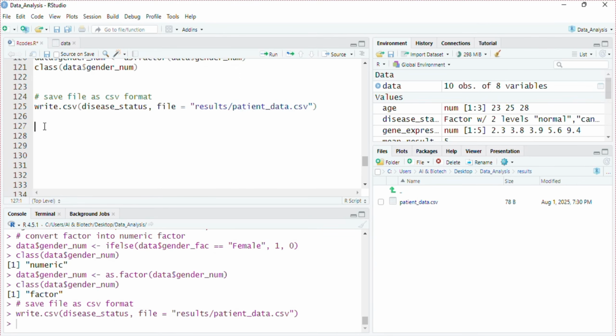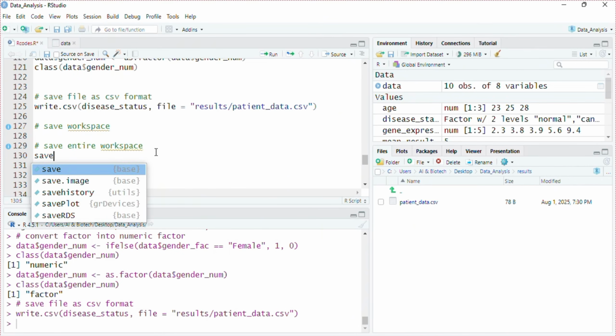Similarly, if you want to save this entire workspace, so like that way, if your work is not completed yet, you want to continue it, you want to use any data type or any object from this workspace, you want to save it. So to save the workspace, we have different options. First, to save all the objects, you can use the command save.image, and here you can also mention the path. Here you can create one more folder for workspace, but at this time I don't have any folder specified for workspace, so I will directly save in the data analysis folder.